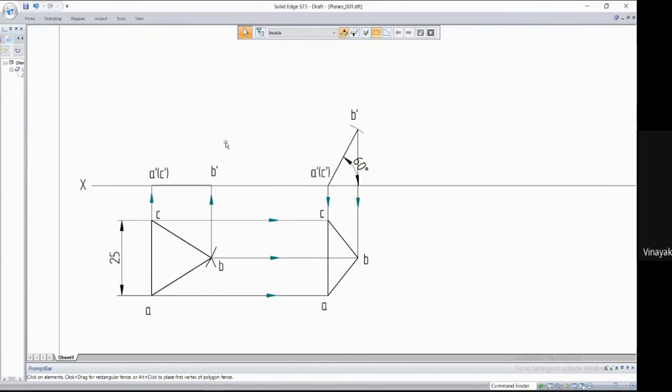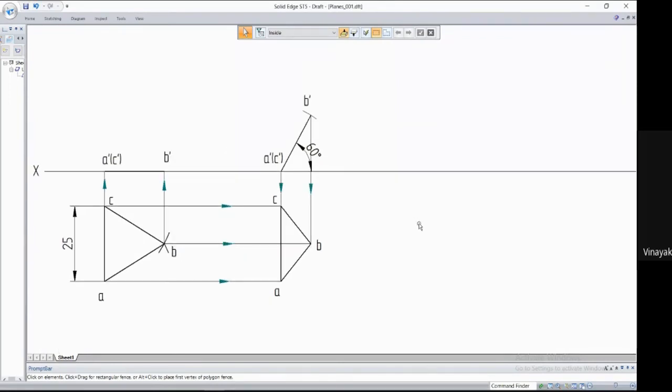Put a message once you're done. Then we'll move on to the last final step. Okay, fine. Let us go to the last step.